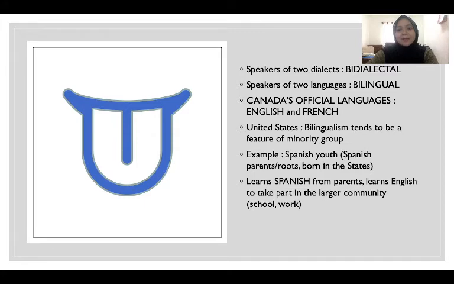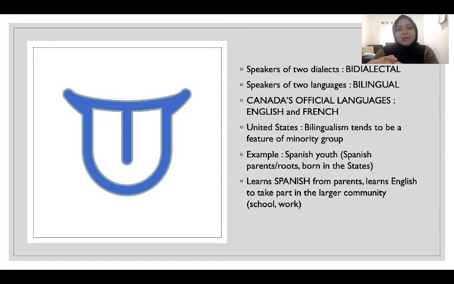Okay, but in the United States, let's take a look at the idea of bilingualism. In the United States, bilingualism tends to be a feature of minority groups. The larger community, the native speakers of English in the United States, normally don't know any languages other than English. So if you're an American citizen and you know how to speak other languages, for example Spanish, meaning